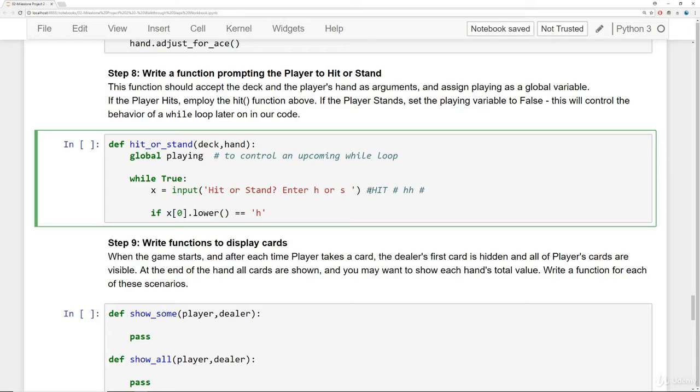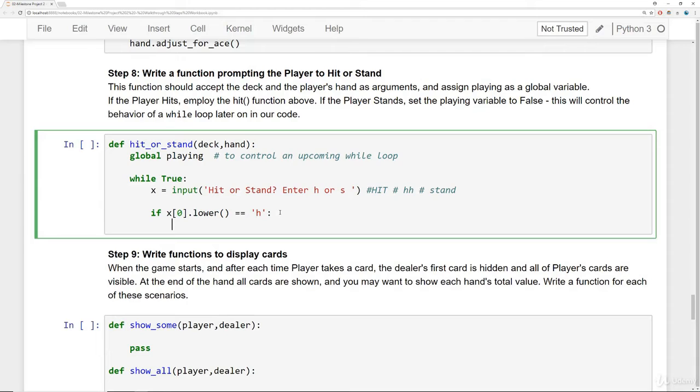Maybe they do lowercase stand. In that case, what I'm going to do is be able to grab the string, grab the first letter of it, lowercase, and say if it equals h, they probably meant to hit. So I'm going to say hit from the deck on their hand,